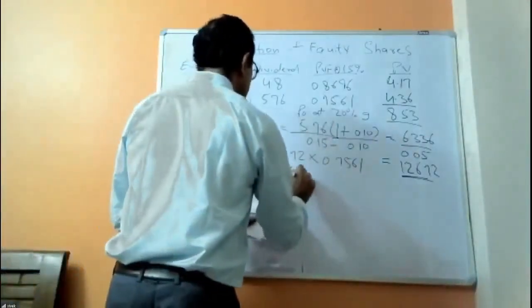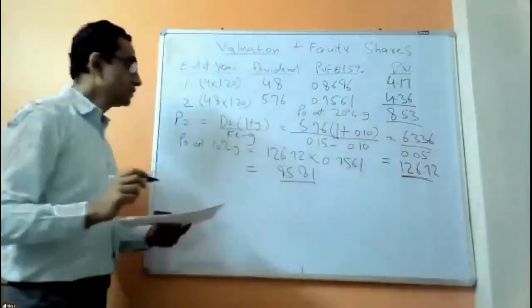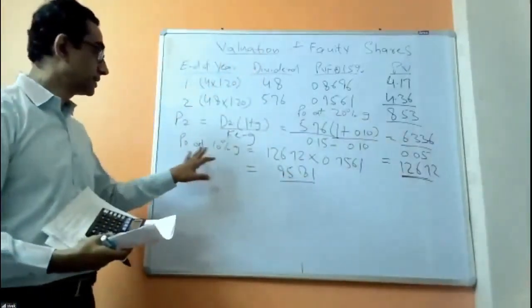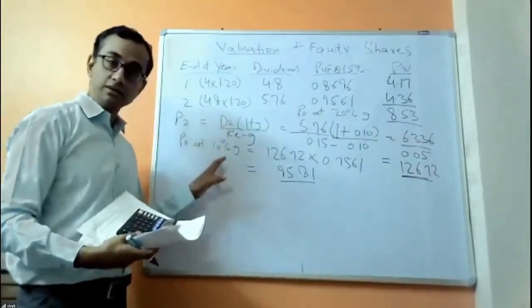It is coming to 95.81. So we have calculated the present value at the stable growth rate, the normal growth rate,